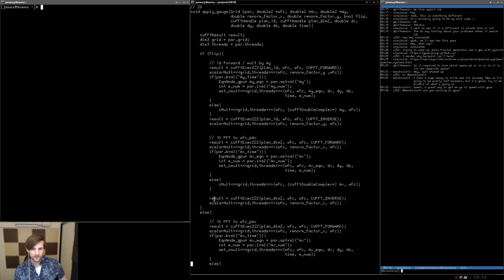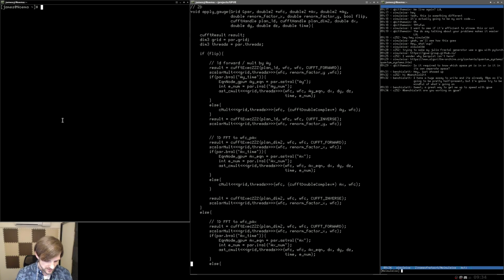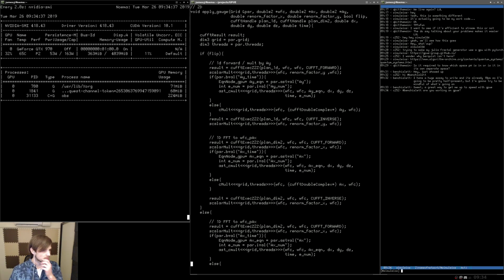So what I'm going to do first is create a very quick simulation with GPUE, just to show you how it works. I'm going to try to create a simulation with just a single vortex present in the system. First, I'm going to watch my GPU memory, so let's do watch nvidia-smi. I just want to see how much I'm using currently in terms of GPU memory. It looks like I'm using only 363 megabytes, so I should be able to run